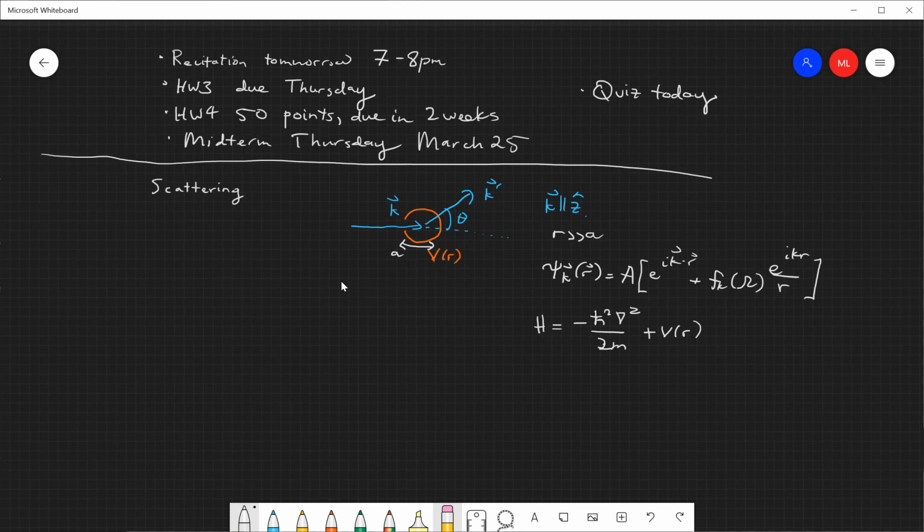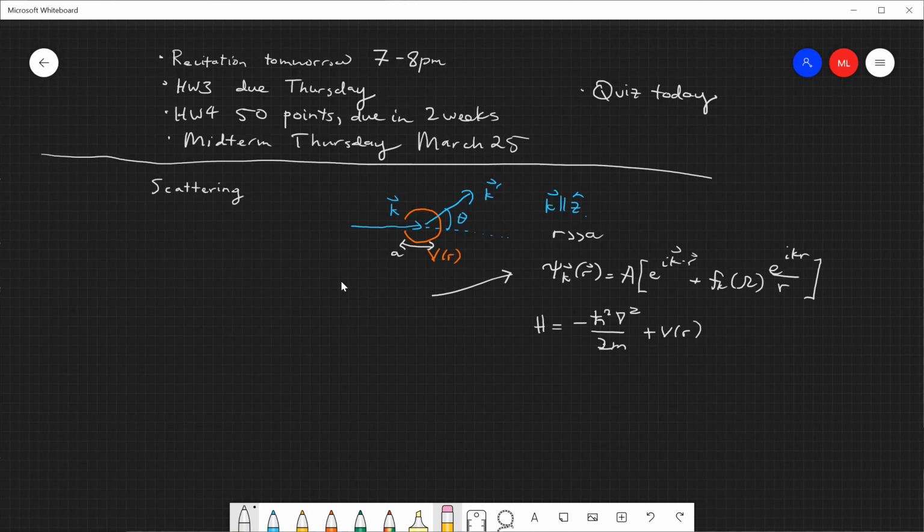And last time, what we did is we expanded our solution in spherical harmonics, essentially, which for things with cylindrical symmetry, you end up getting just an expansion in the Legendre polynomials. It's just the P_l of cosine theta part of the angular wave functions, the spherical harmonics. And in the end, we showed that this kind of form here